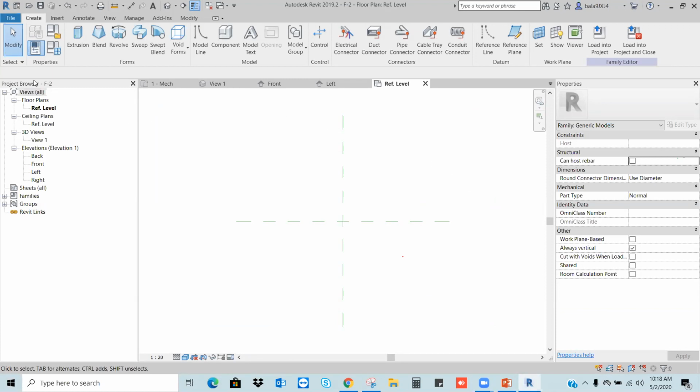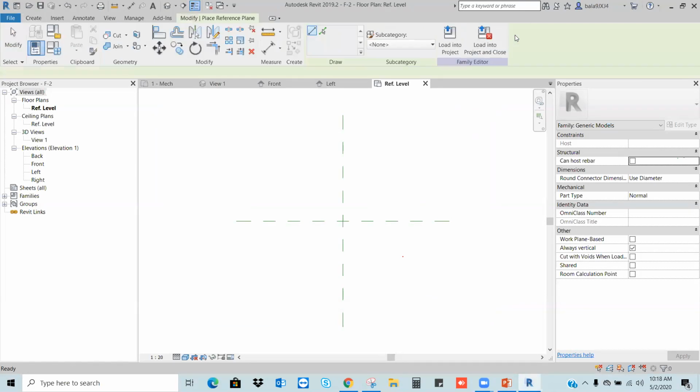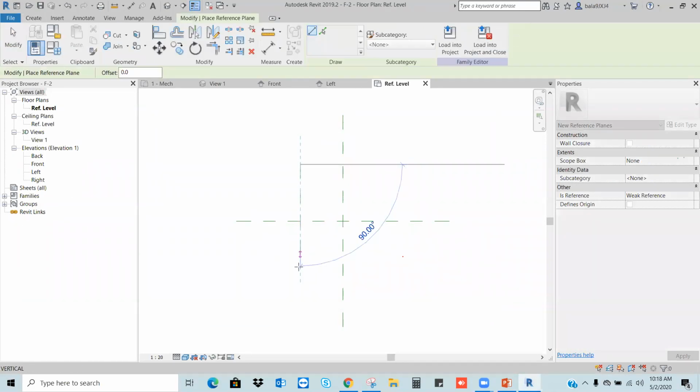To create the rectangular solid block, I want to use the reference planes first. This is the way to create the parametric family we discussed while creating the table family. Two horizontal and two vertical reference planes.